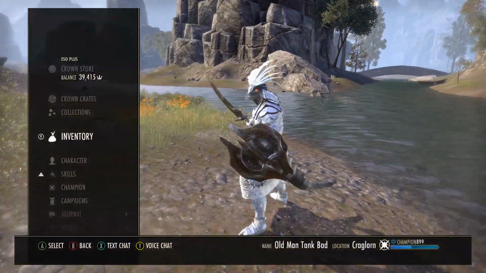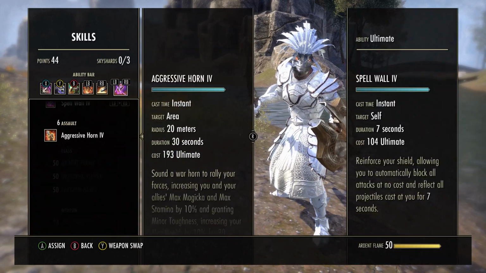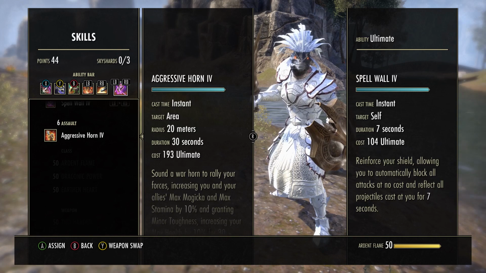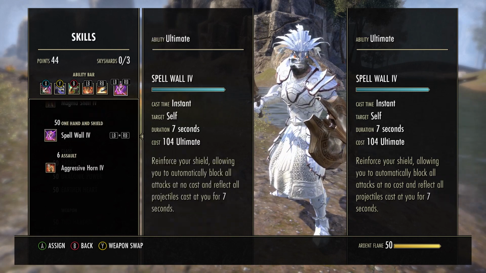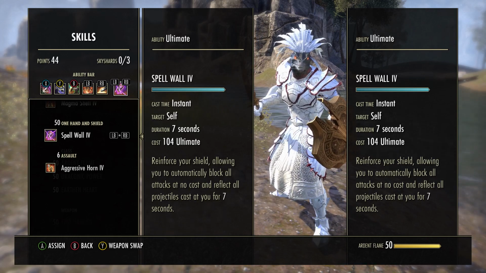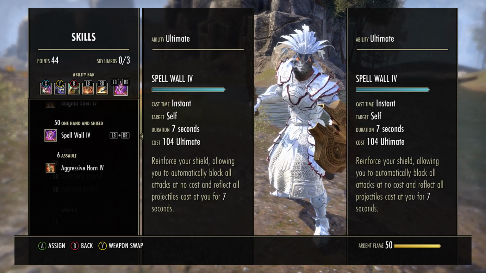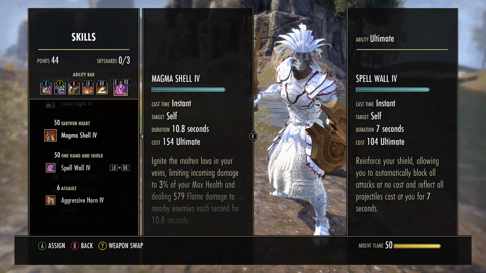And what was it? Man, I wish I had my notepad. Sorry, I just did this and kind of just went off the whim of it. But yeah, I believe Warhorn was every 33 to 35 seconds, and Spell Shield was about every 20 to 25 seconds, depending on if you cap Invigorating Drain up or not. And this is with Invigorating Drain, guys. And Magma Shell, I believe that was every